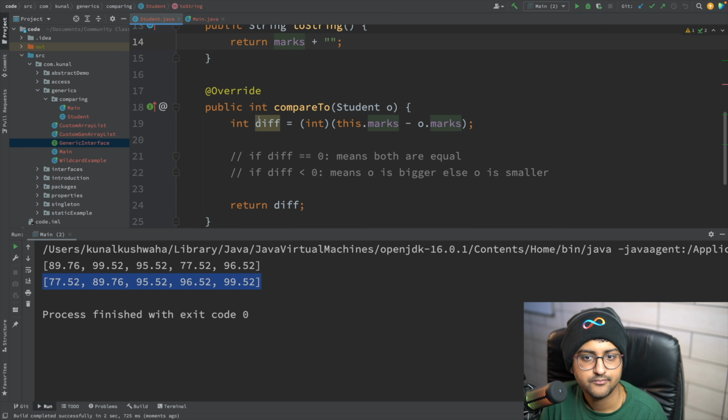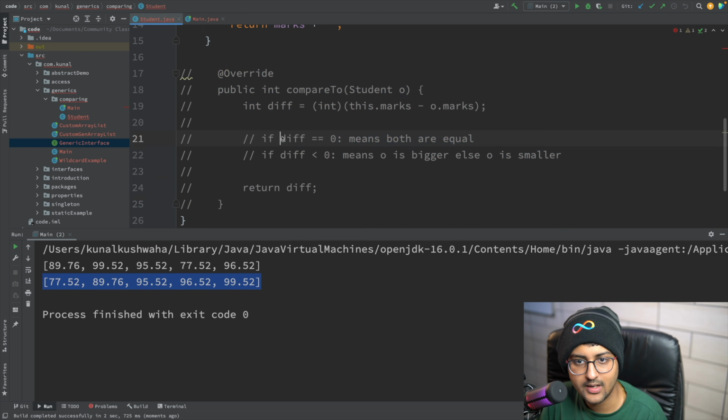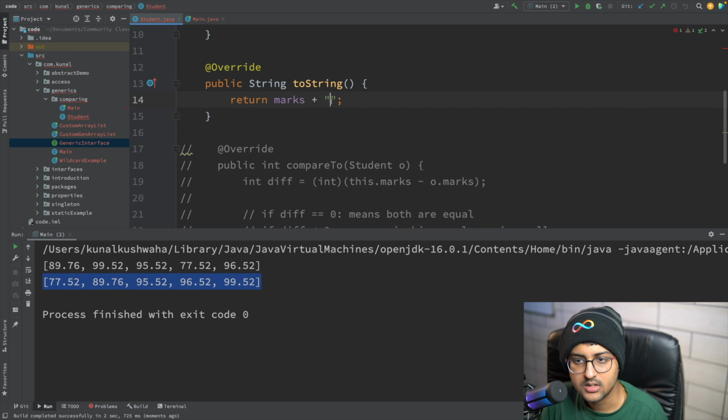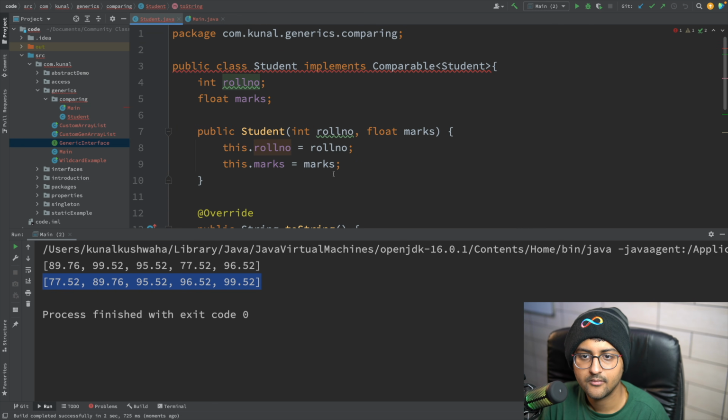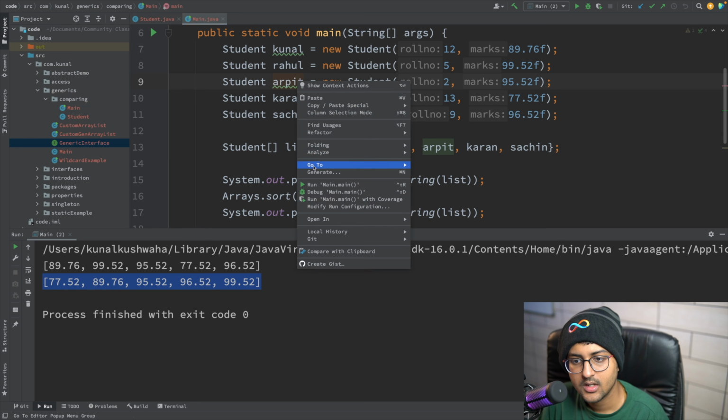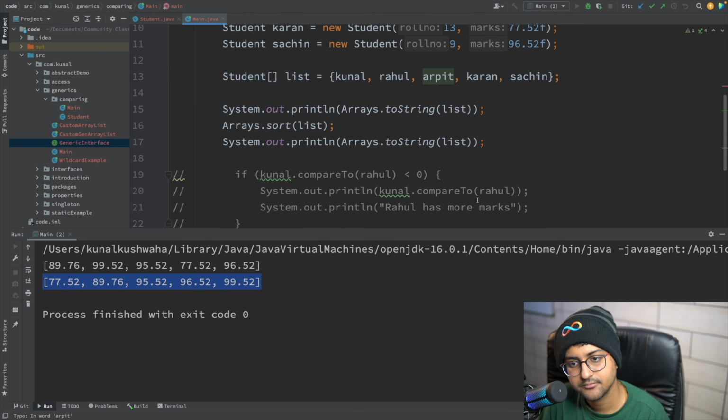But if I remove this, let's see what will happen. I'll print marks plus roll number, so now we'll be able to see both things. And if I remove this, let's see what will happen.